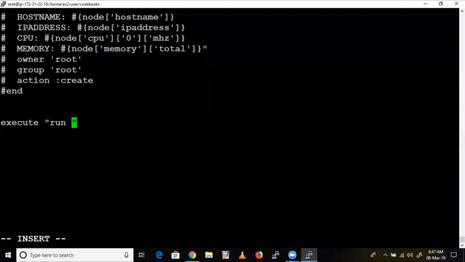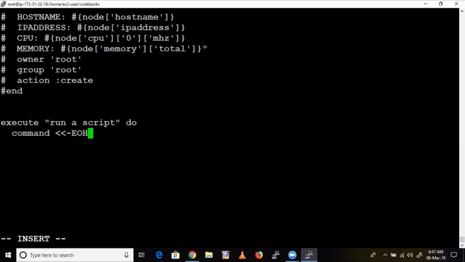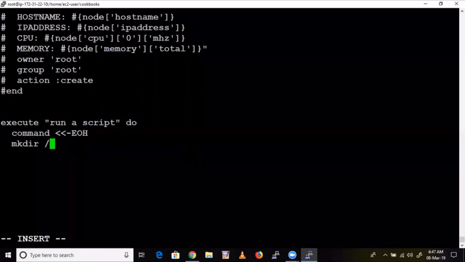Let's give a script: do, command. We are giving just a Linux command, for example, to view the directory.